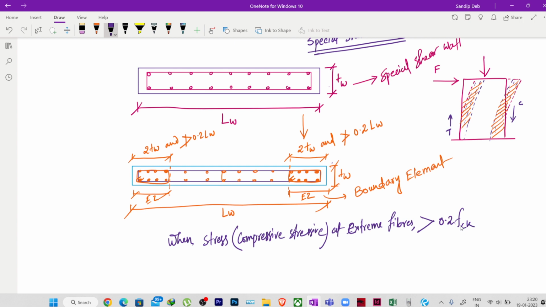As per IS 13920, you can see these are my extreme fibers taking the compressive stress, and vice versa. If the force is coming in this direction, this end will be under compression and will be having compressive stress. So when the extreme fibers are taking compressive stress, if that compressive stress crosses 0.2 FCK, in that case